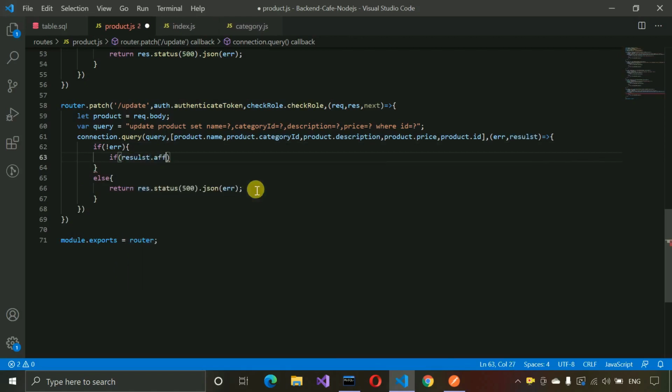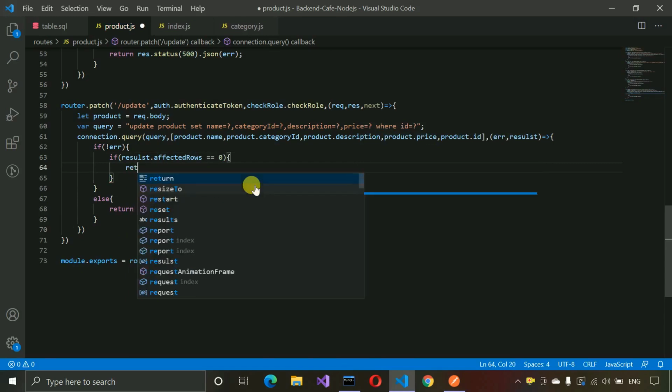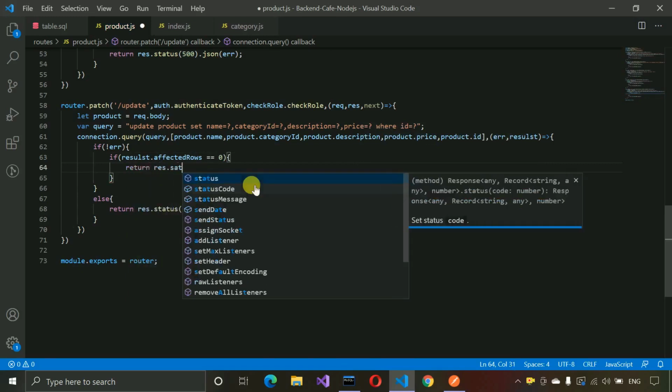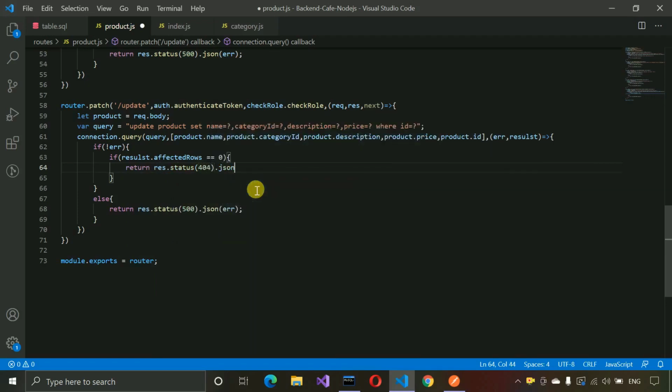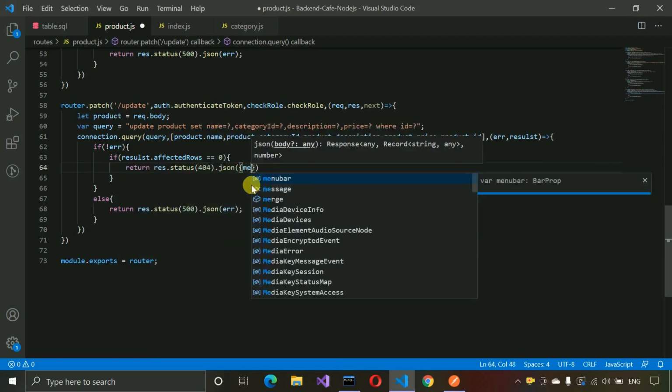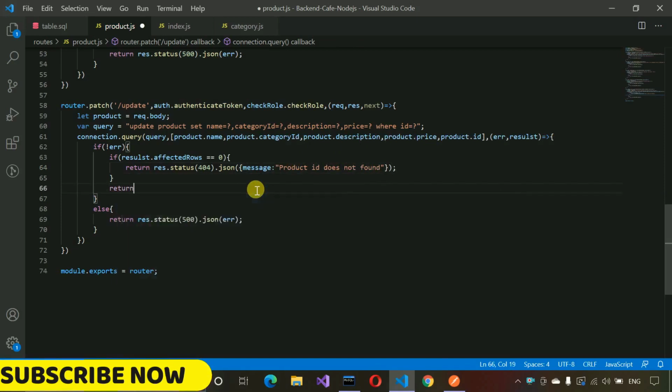If so, we just need to return response.status with 404.json with a message: product id not found. We are going to return this message,